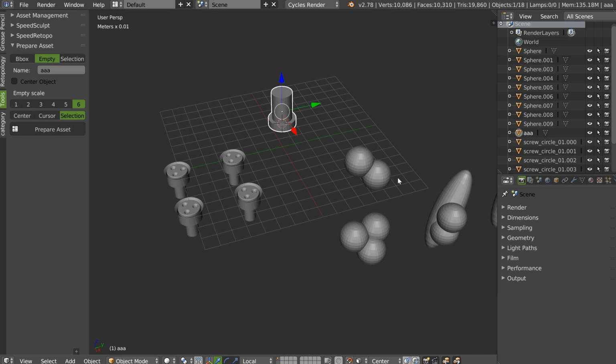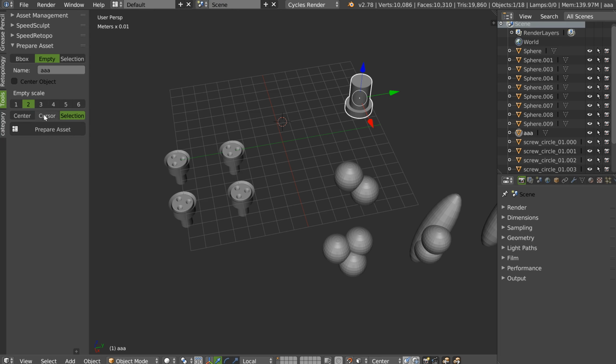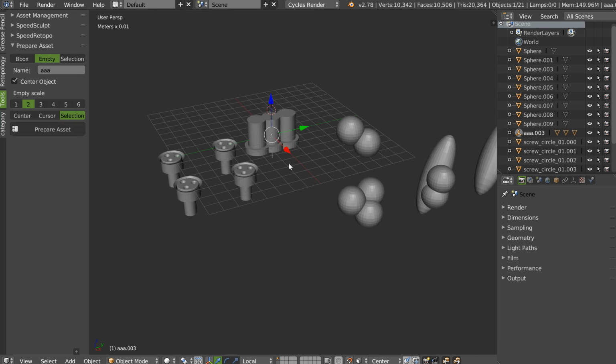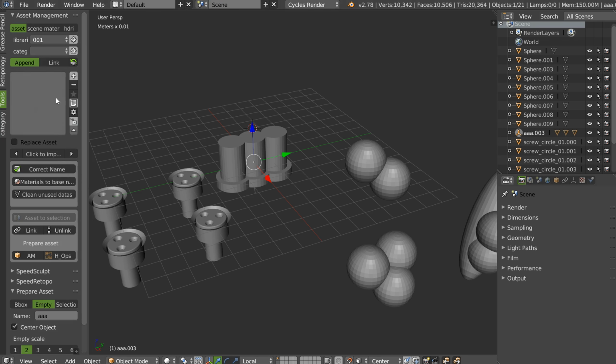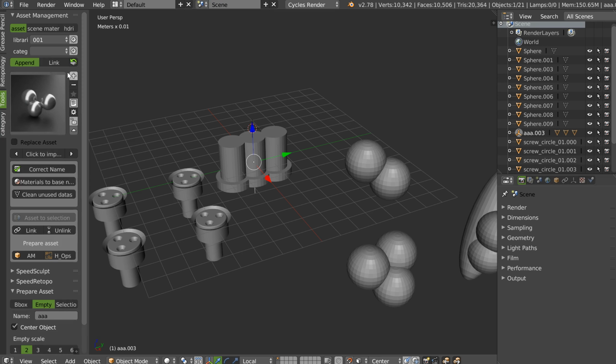This is simple. Place your empty with the cursor or the selection or the center of the scene. Choose the scale, and you can also, of course, I will choose 2. I will choose on the selection, place the object at the center of the scene. That works with several objects, of course. And this is nice. Like this, you just have to click here. I will select this one, for example. Okay. Hop. Yes, it's an empty. I will see this later.